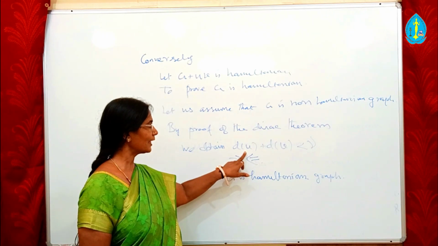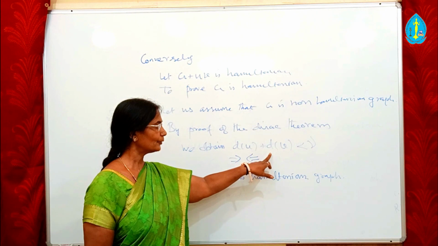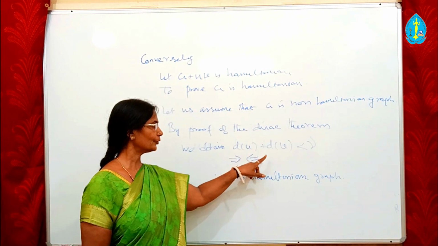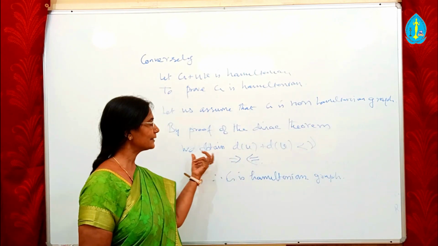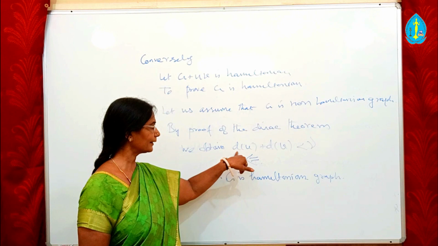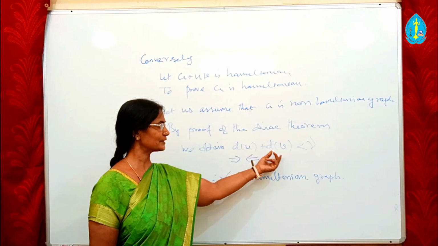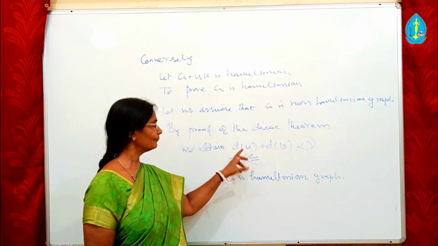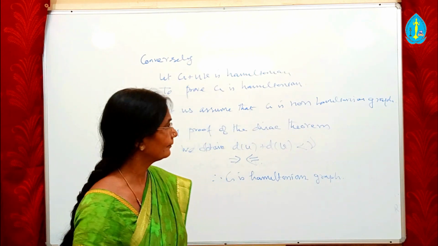In Jarrac's theorem, we have delta greater than or equal to gamma by 2, which implies d(U) plus d(V) is greater than or equal to gamma. But in this lemma, they are directly giving U and V as non-adjacent vertices with d(U) plus d(V) greater than or equal to gamma. Therefore, G is a Hamiltonian graph.